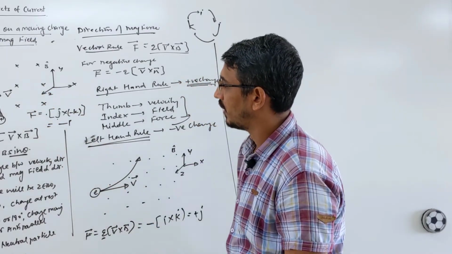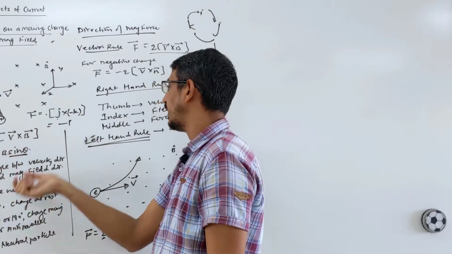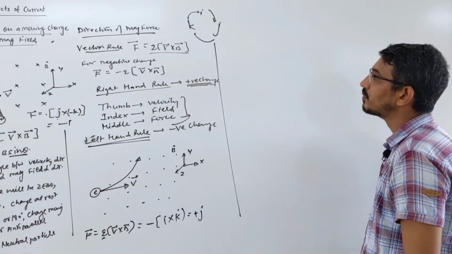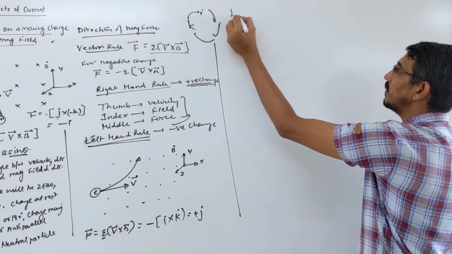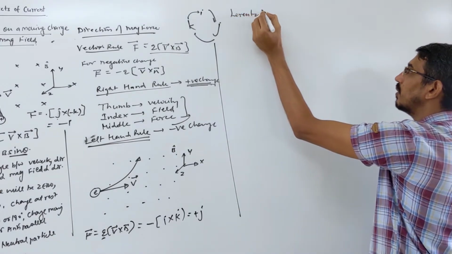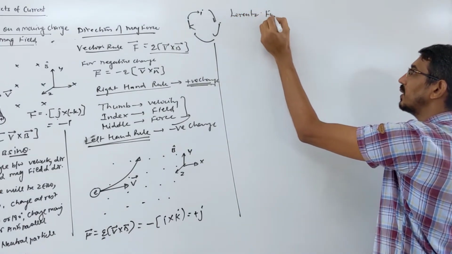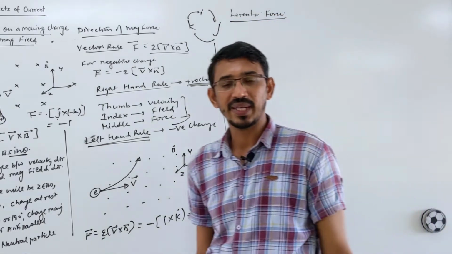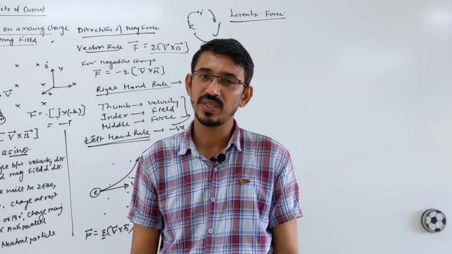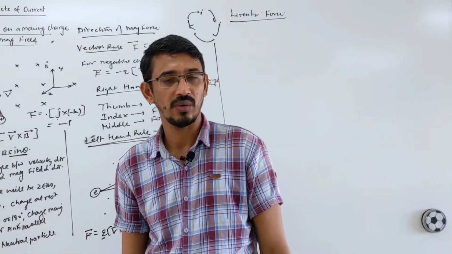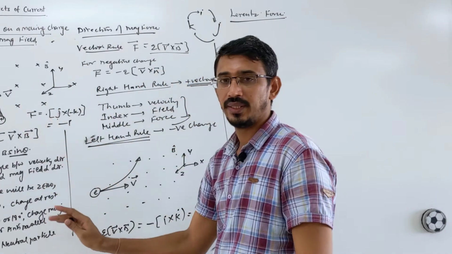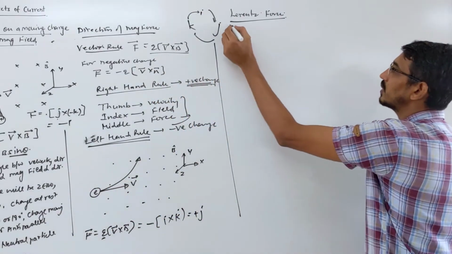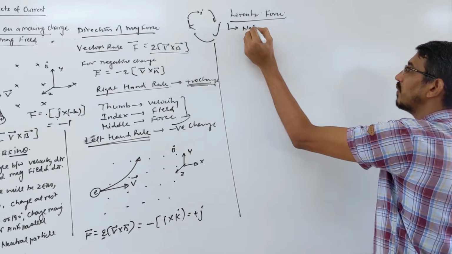Okay. Now, I have discussed that when a charge is moving through a magnetic field, what is the force formula? How to find directions, and when the force becomes 0. Now look here, something called the Lorentz force, or Lorentz law. Lorentz force means a charge is moving through a magnetic and electric field, both fields are there. Then what is the net force experienced? That's called the Lorentz force. So so far I did only magnetic. Now electric and magnetic fields both together. So the Lorentz force gives you the net force